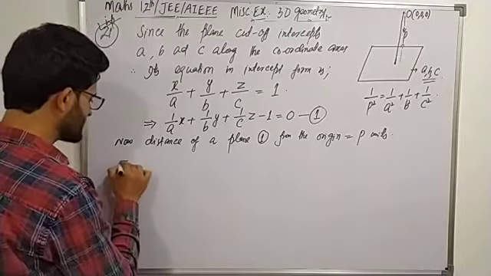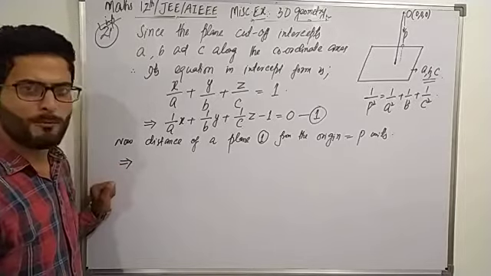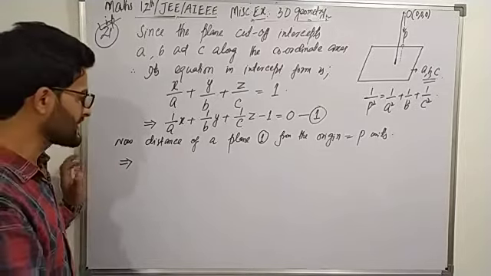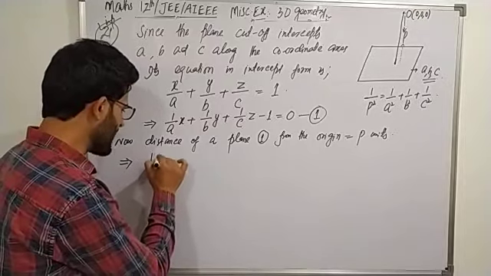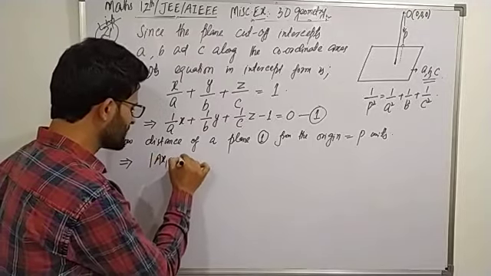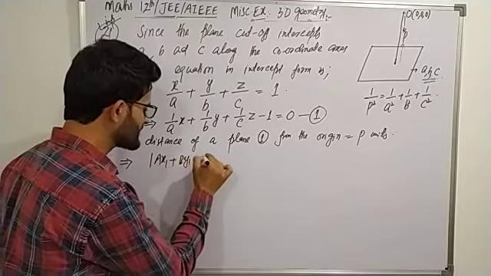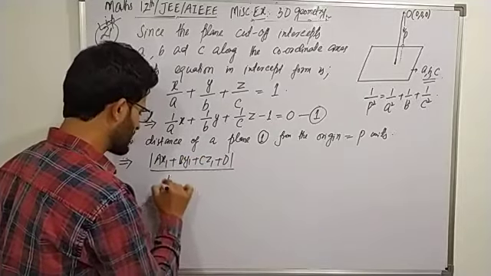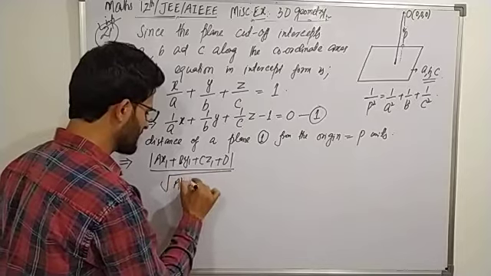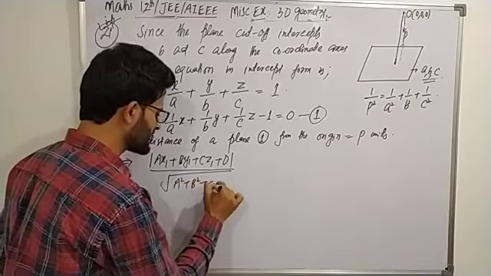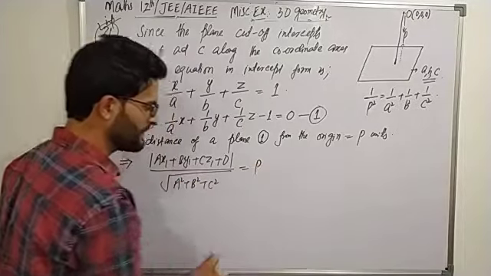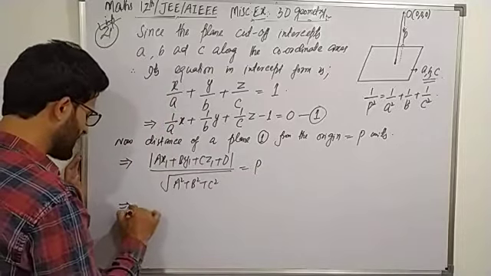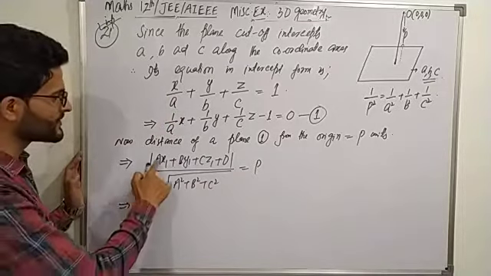So we use the distance of a point from a plane. उसके लिए हमारे पास आर्टिकल है क्या? Mod of ax1 plus by1 plus cz1 plus d divided by square root of a square plus b square plus c square must be equal to p, which further implies that mod of a is the first direction ratio,